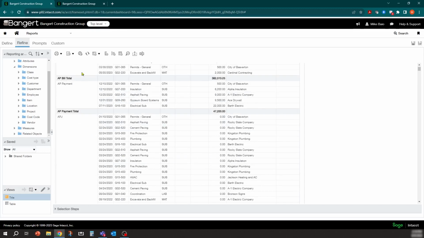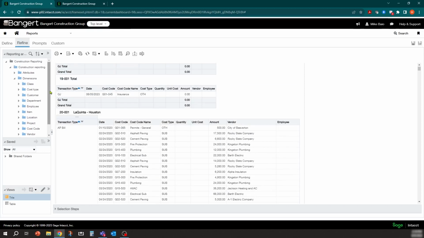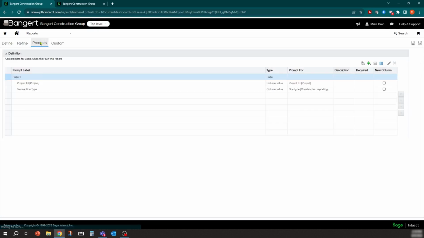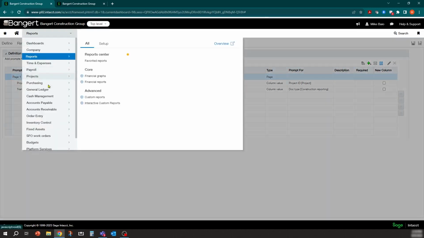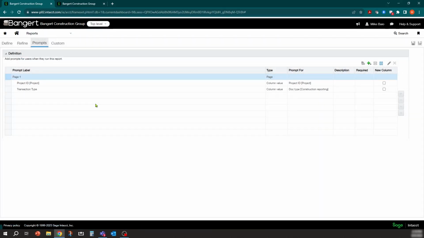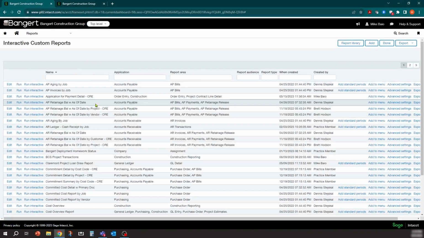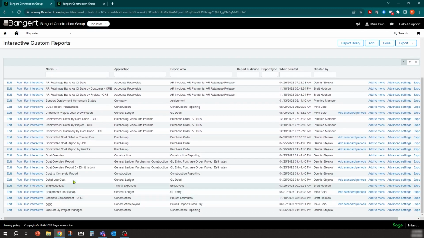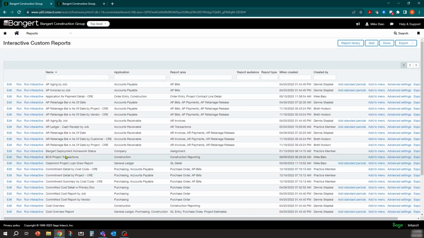And then you get a subtotal for AP payments. You could put filters on here. So I put some prompts in the system so that it can prompt me for the project and the transaction type. So the end result can look like this. And again, this is just one quick example of how to use this data. There's just so much more we can now do with this reporting, and we'll be doing more in this reporting as we go forward.